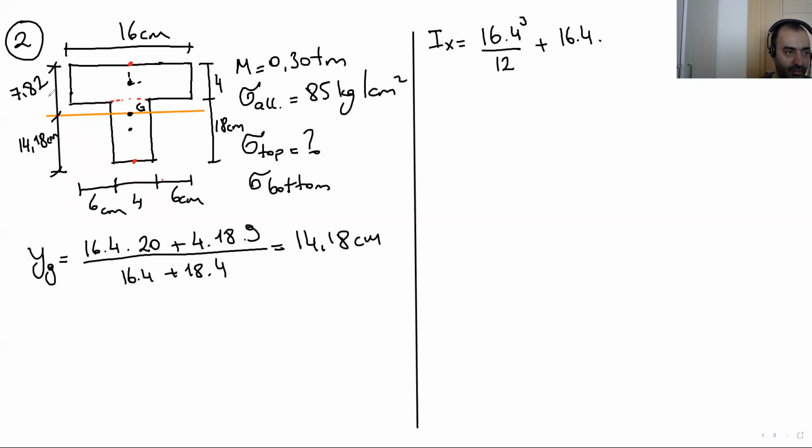The total distance from the top to the orange line is 7.82 minus 2, because half of this section is 2. So it's 5.82 squared, plus